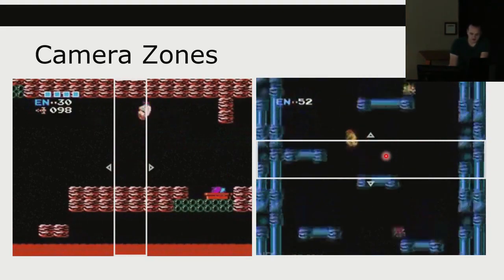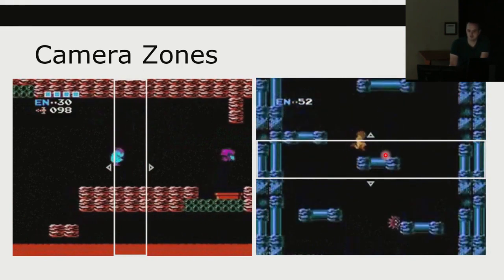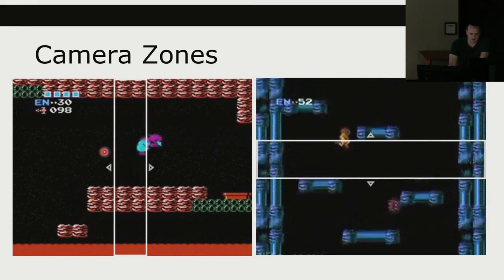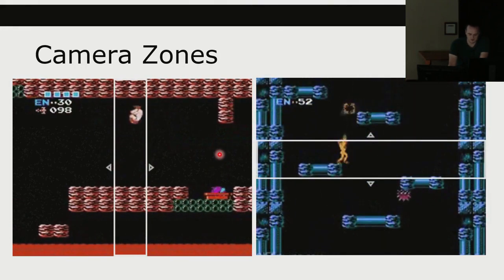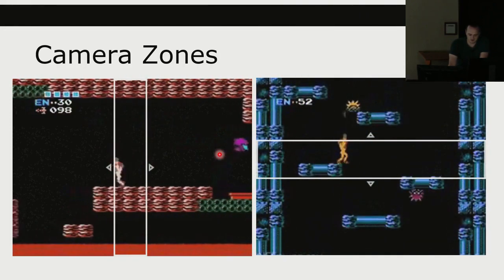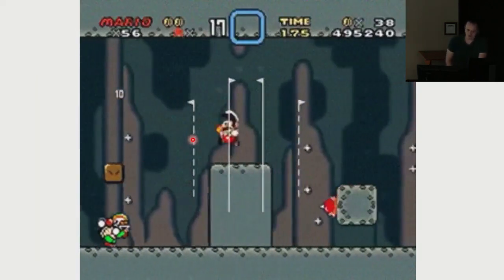Metroid had camera zones as well. These are more like box traps, but not exactly box traps, where you can see that as we move to the left or right, this is moving, but I'm not sure what the extra mechanic here is. But these are acting quite like box traps. In Super Mario World,